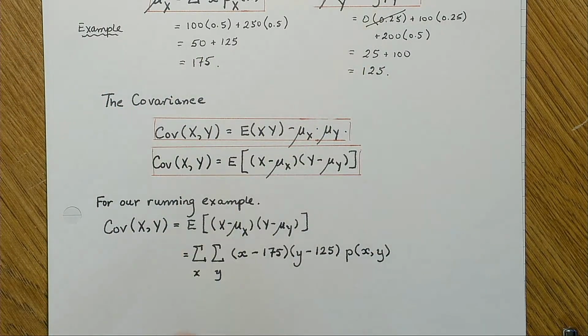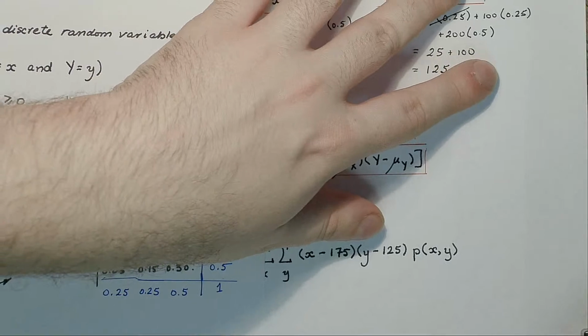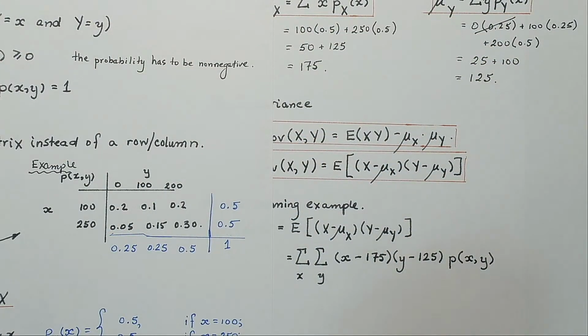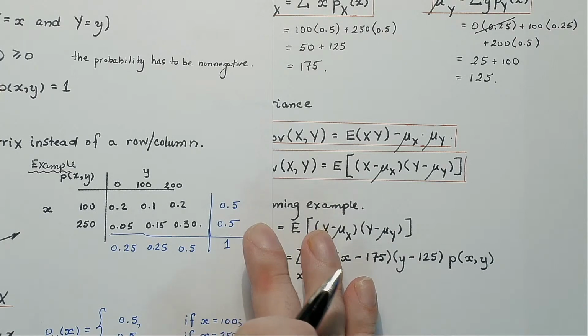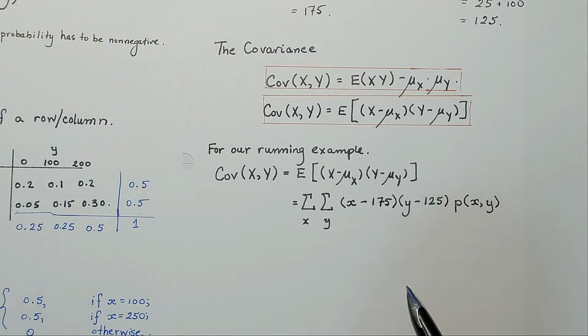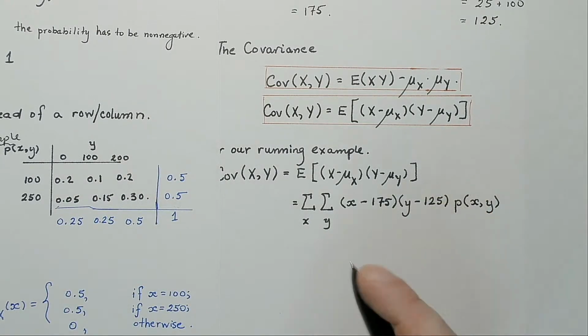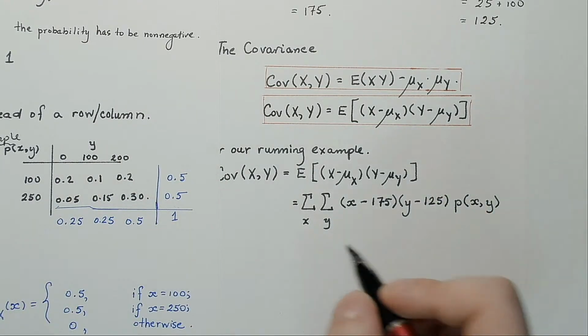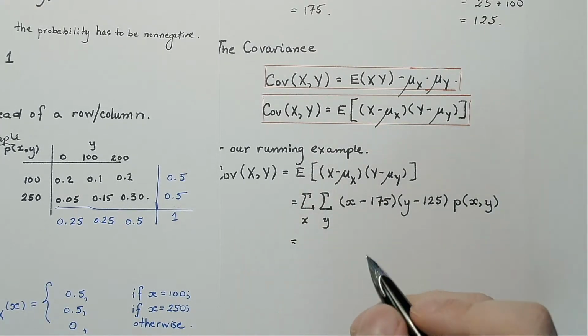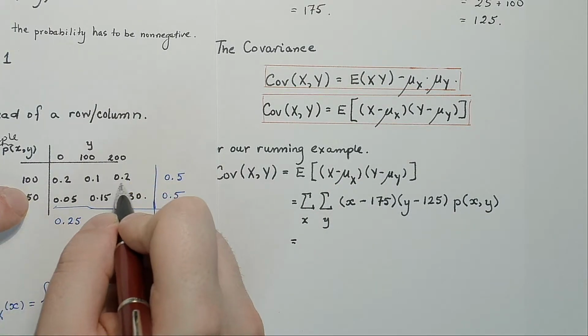So I don't need these values at the moment because I've already put them in my formula. But what I do need is, good thing I got a wide screen so I can show everything. There we go. And move this out of the way. So there is our joint probability table. So over here, this is equal to, and I'm going to slowly work my way through each of these